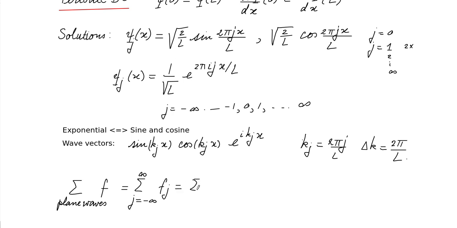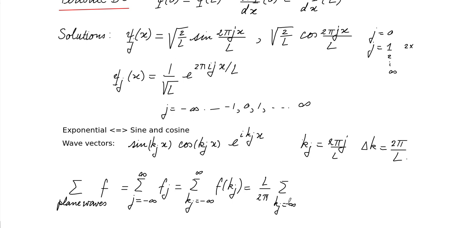But that is the same as the sum over k_j, running also from minus infinity to plus infinity. And we now perform the same trick as before. We multiply this by 1 over the spacing in the k vectors, and then by the spacing itself. So that means we have L over 2 pi, which is 1 over the delta k, and we fix that